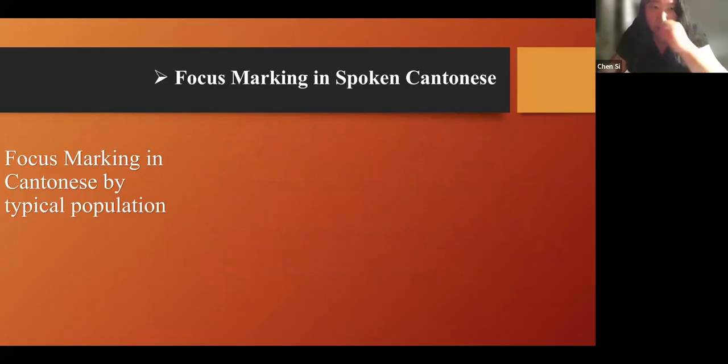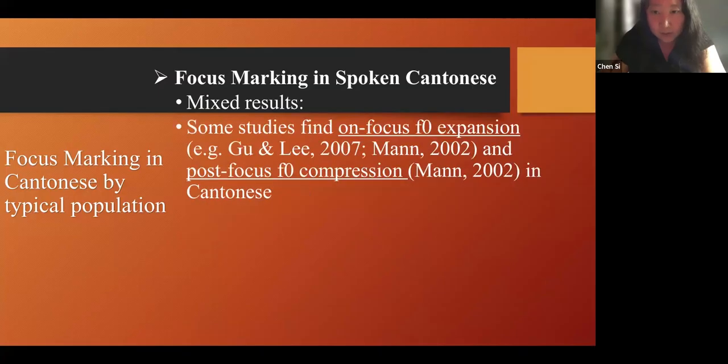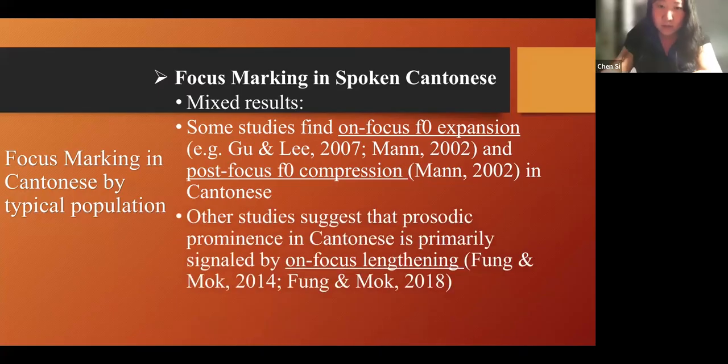For focus marking in Cantonese by the typical population, there are also some mixed results. Some studies find on-focus F0 expansion and even post-focus F0 compression in Cantonese, but other studies suggest that prosodic prominence in Cantonese is primarily signaled by on-focus lengthening.